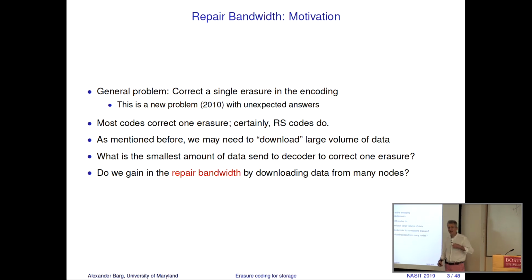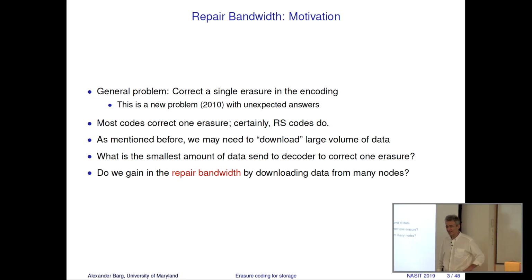Previously, the question was, how many nodes do we have to talk to recover a single erasure? Now the question is not as much that, but how much information do we need to carry to recover a single erasure? What is carry? In the standard coding problem, this question does not arise. We don't particularly carry information anywhere. We take the available part of the codeword, recover the information, and that's it. There is no function of moving it anywhere. It is not a constraint, but distributed storage precisely injects such a question. Move the information to the failed node to complete the repair.